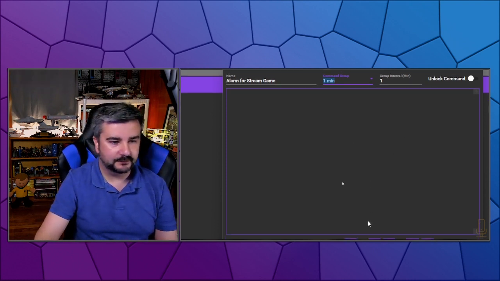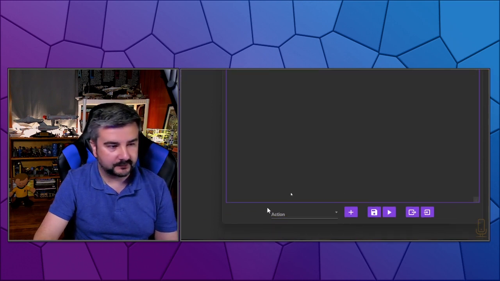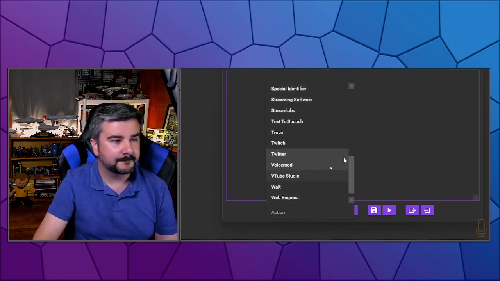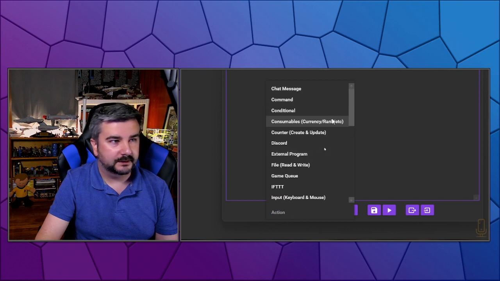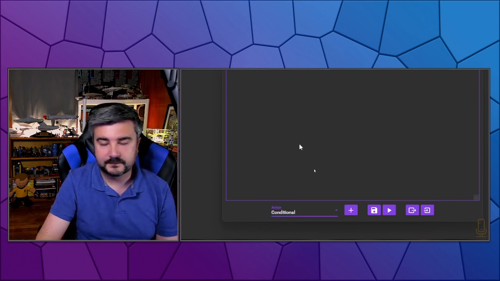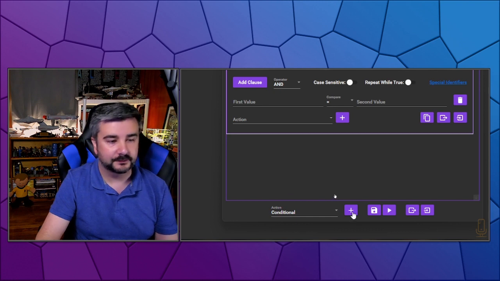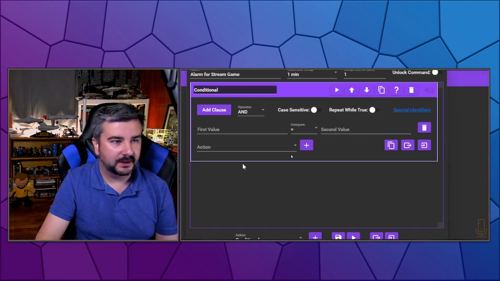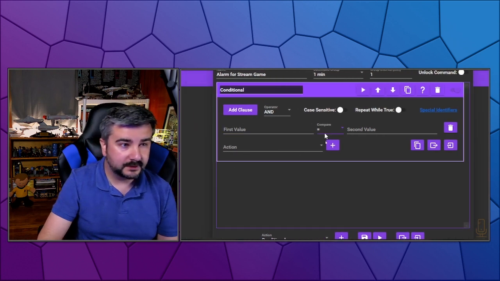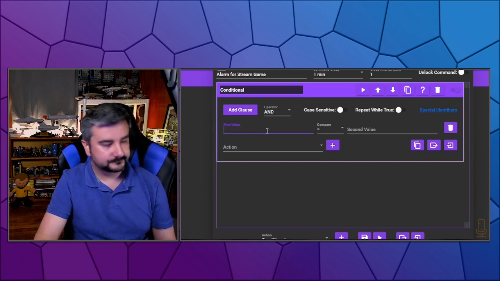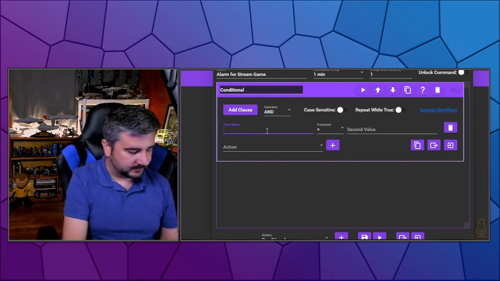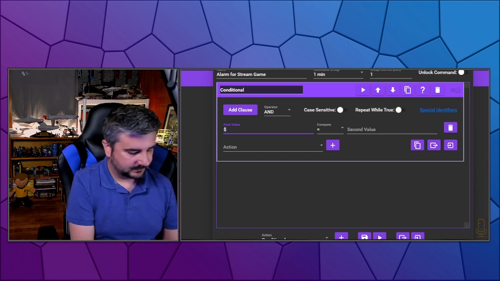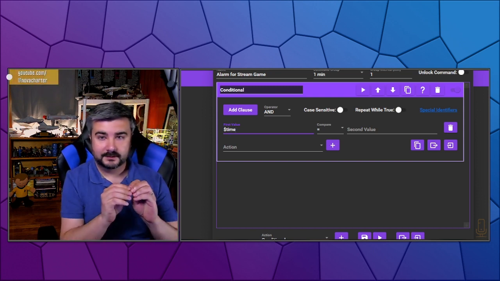So what we do now is go down to the bottom of this dialog box. You'll see action and a plus sign. We want to click on the action box here, and we're going to click on conditional, and then the plus sign or the add button. What we have here is the conditional box. We have first value equals second value. So we want to put in a variable for the time, which will be denoted with a $ sign, and then time, and that checks your system time,